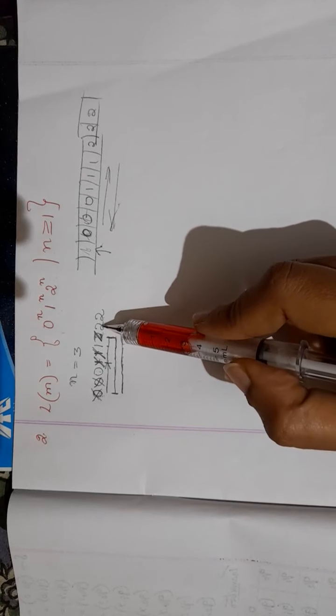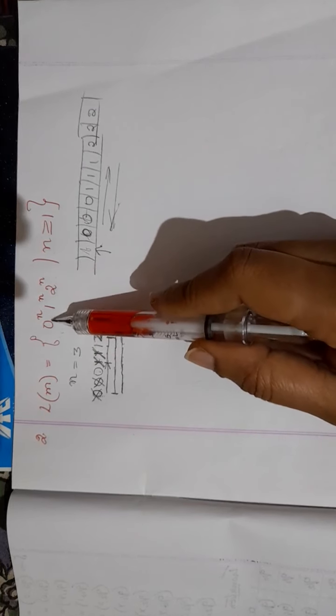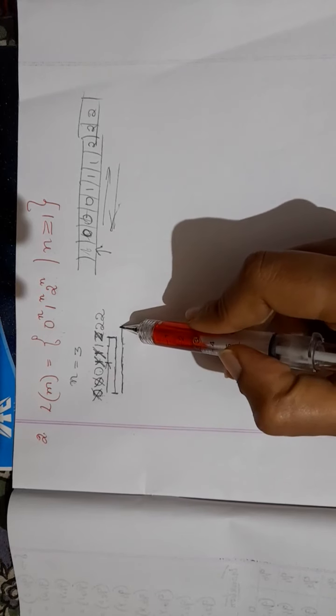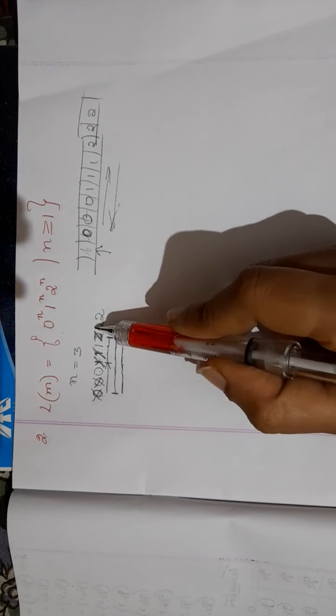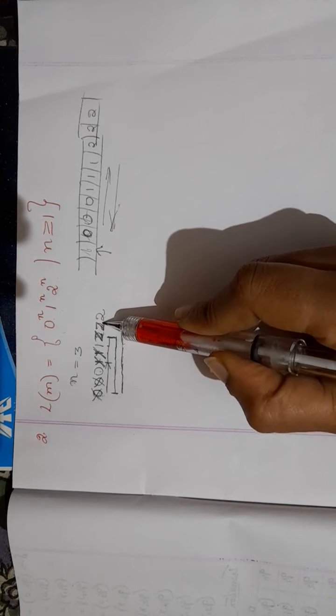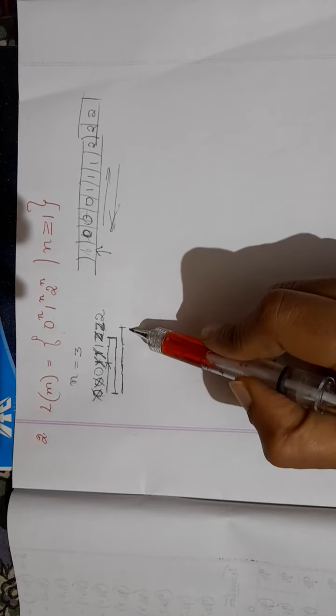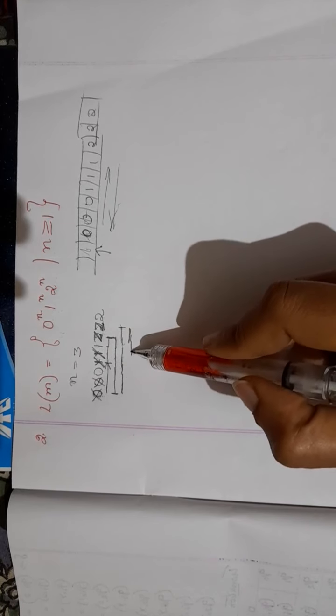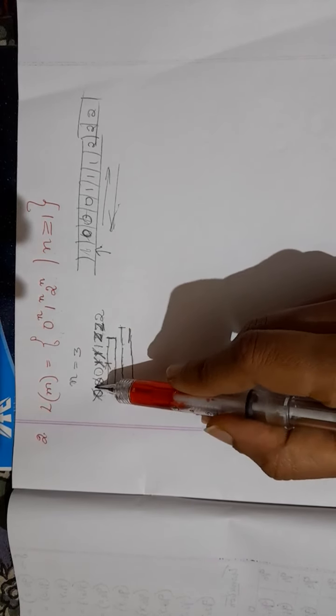You should stop when you read 2, because at the rightmost you have 2, at the leftmost you have 0, which you are replacing with x. So you are reading 2 now, stop, change 2 to z, change the direction. You are reading z, move, you are reading 1, move, you are reading y, move, keep on moving till you read an x.